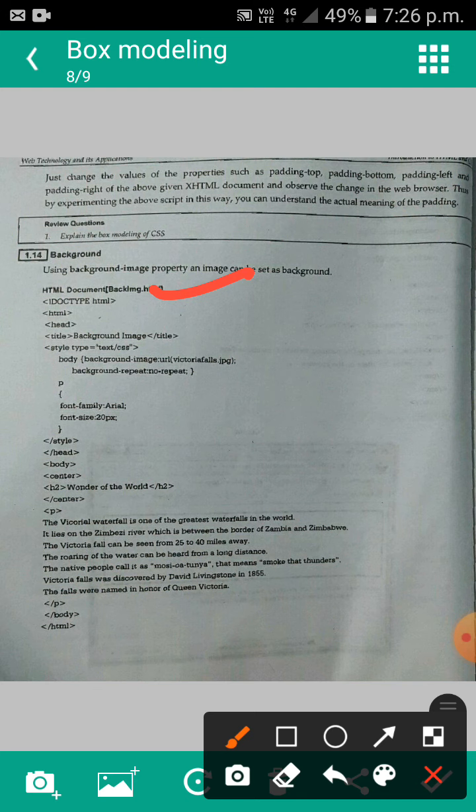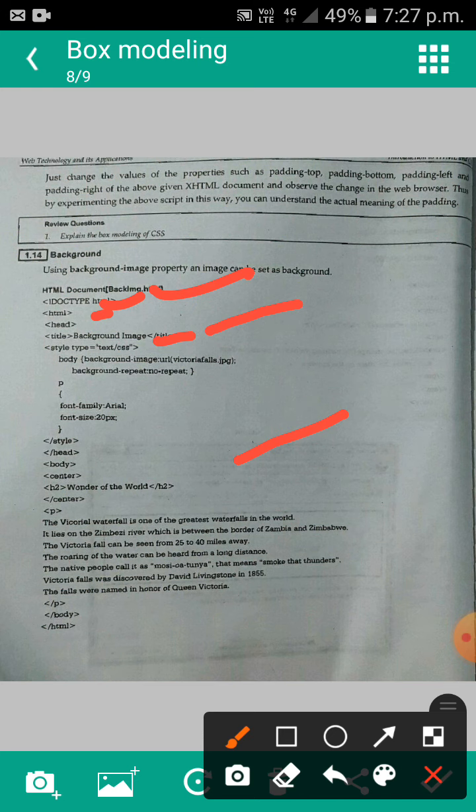So that is the document type, HTML, head tag, background, then that is the title, background image, style type text/css, then body background-image colon URL. So how to give the path, the URL of victoriafall.jpg, then background-repeat no-repeat.